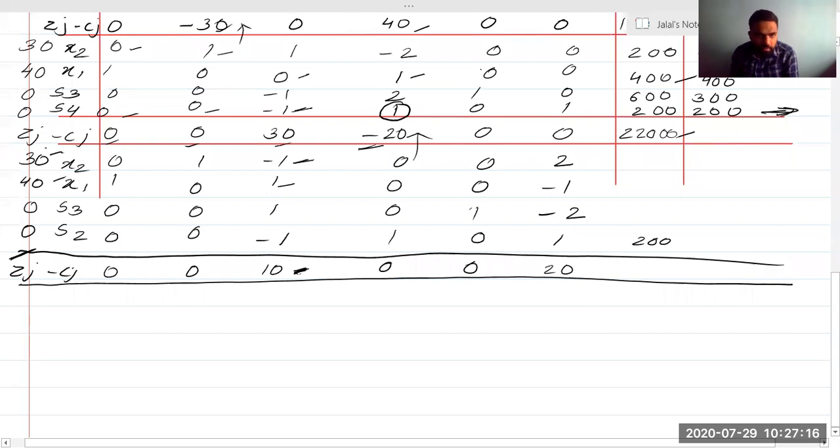You can even find it from this end. Dekho, 30 into 2 will be how much? 60. And 40 into minus 1 will be how much? Minus 40. So 60 minus 40 is 20. All this value will contribute 0 only, since it is with S3 and S2 which are already 0. So 20 minus of 0, because S4 is again having Cj as 0. So you can see 20 minus 0 will again be 20. So we have got all the Zj minus Cj to be positive. We can see all Zj minus Cj are coming out to be positive now, right? So since we have got all Zj minus Cj to be positive, we can stop the iteration.